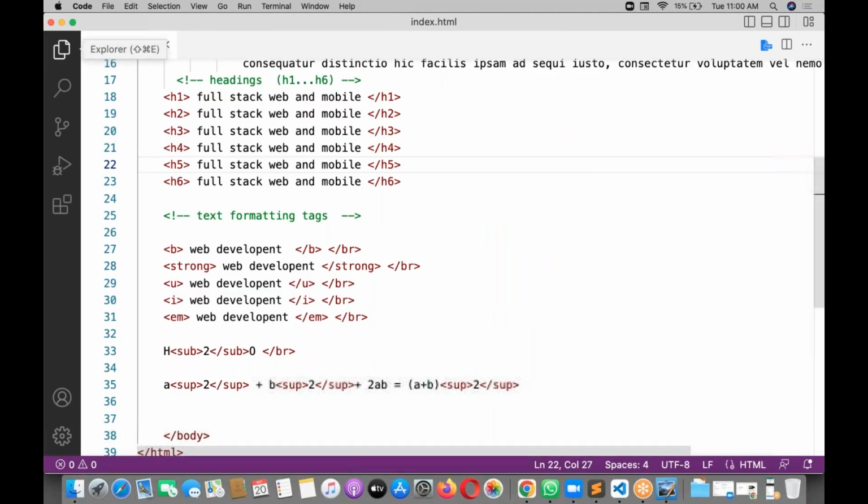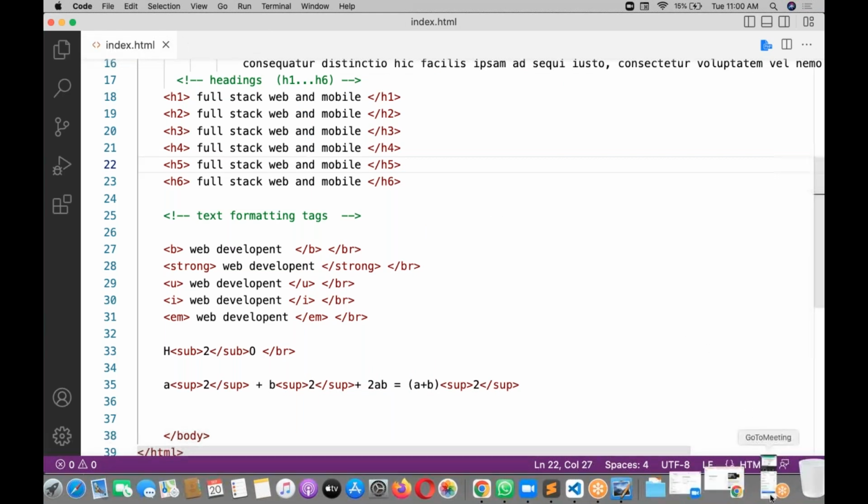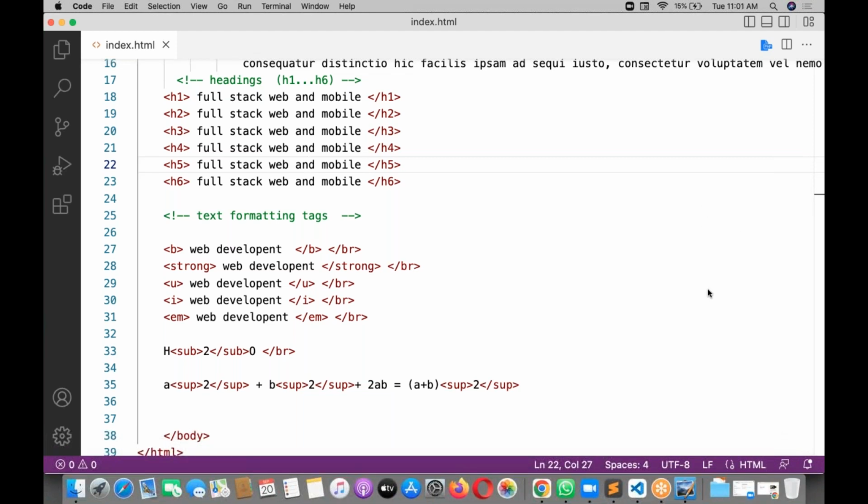Two things you need to remember whenever you want to learn HTML. First, your file needs to be saved with the .html format, and second, you need to install an extension for VS Code called Open in Default Browser. Then only you can launch your code in the browser.